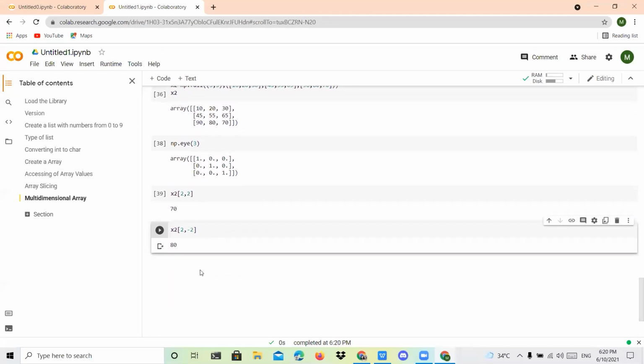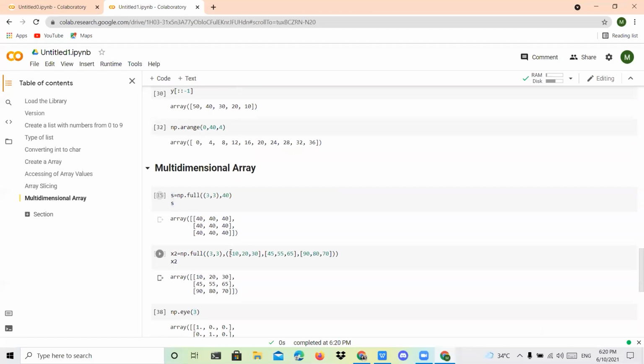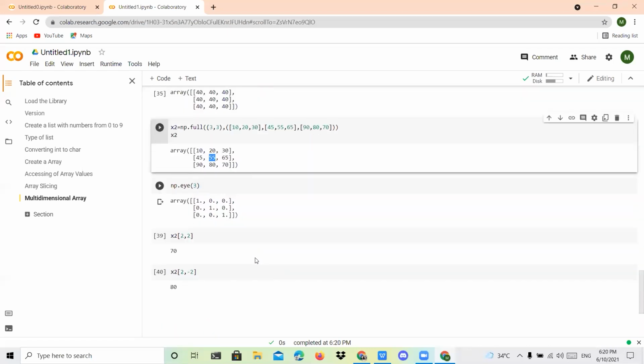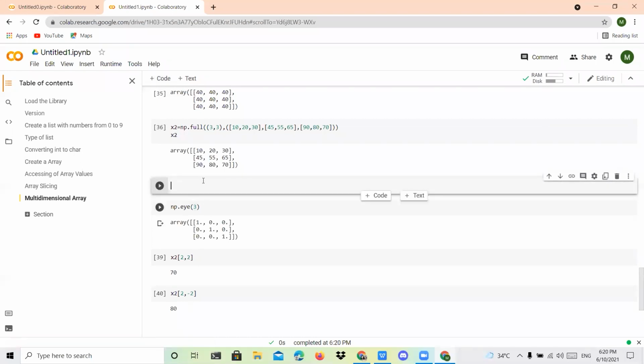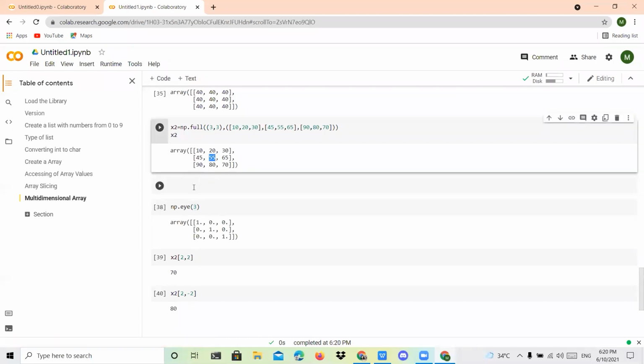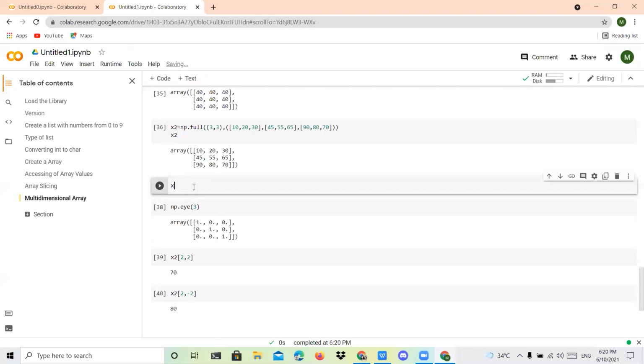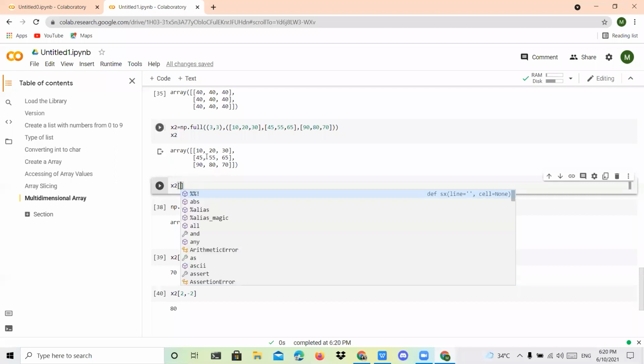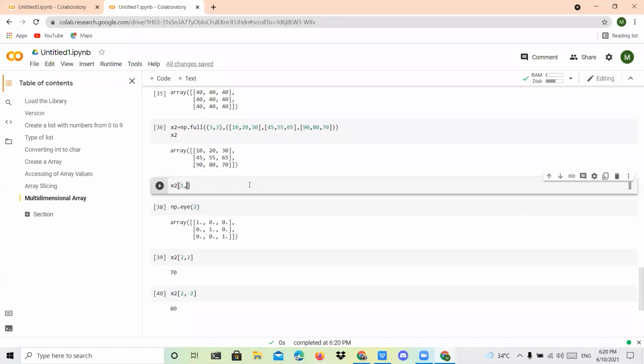You can also change a value. Suppose I want to change this 55 to 120. What is the syntax? The row is 1, and for the column you can count from right to left, so this is minus 1 and this is minus 2.